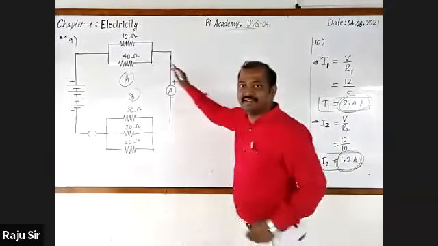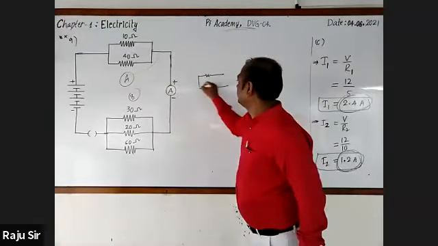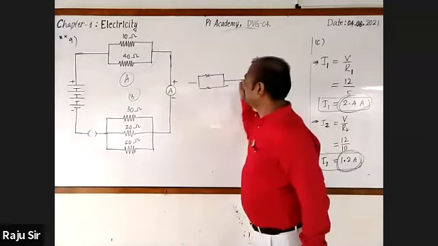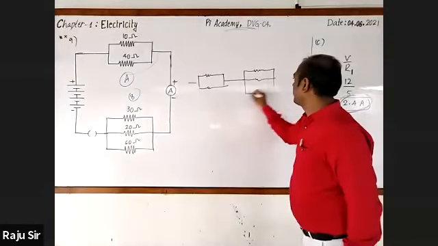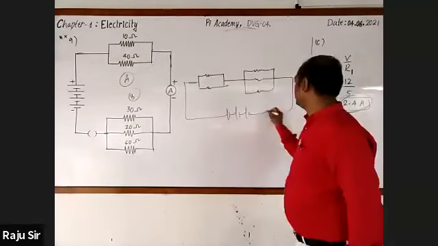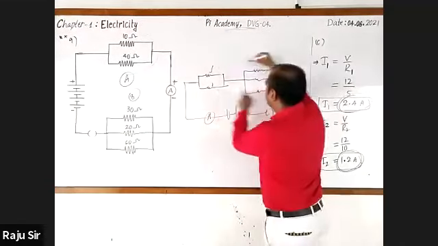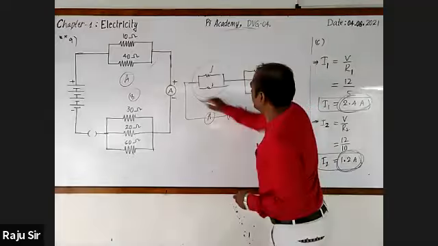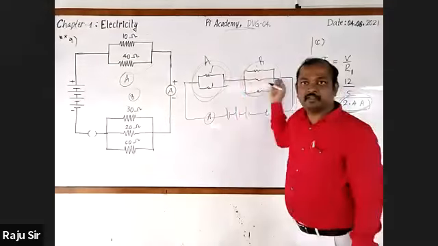Okay. Observe here. Look at this combination. This combination is connected to this combination, then the terminals of a battery, then the switch. These 2 are in parallel. These 3 are in parallel. This combination is considered as A, this is considered as B, and A and B are connected in series. Got it?